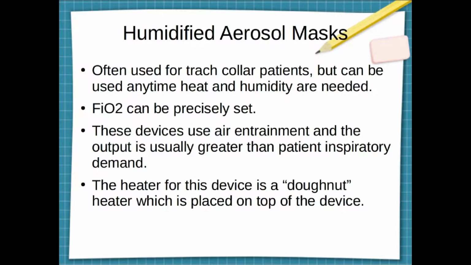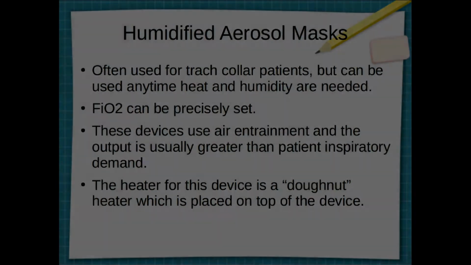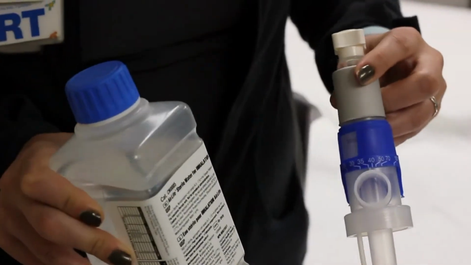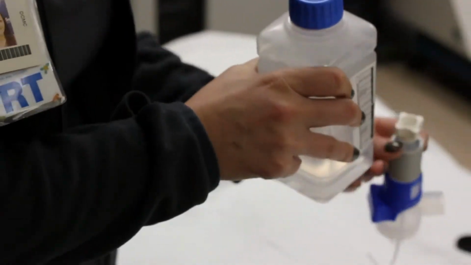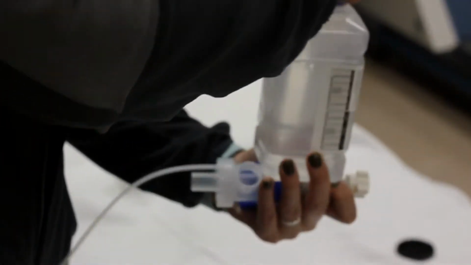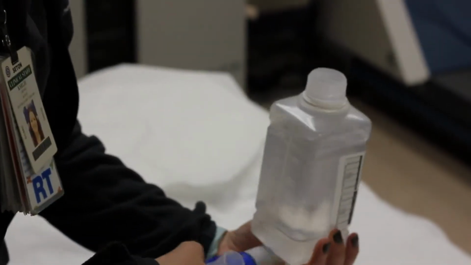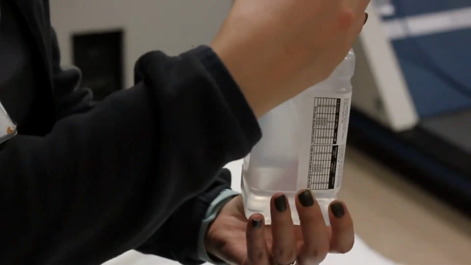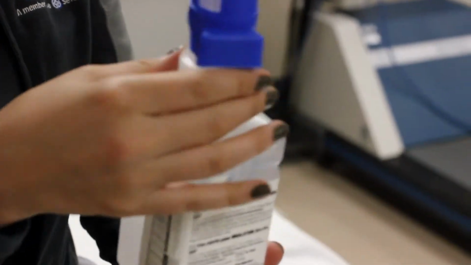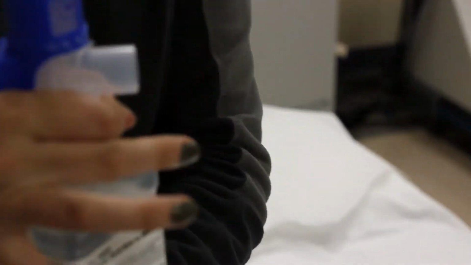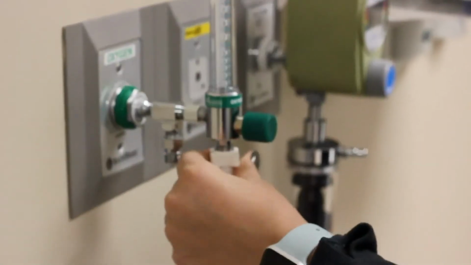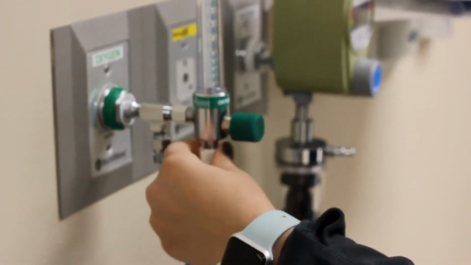One of the more common high flow aerosol devices that you'll see here are what we call the trach collars or humidified aerosol masks. The liter flow on these devices is dependent on what your desired FiO2 is. It can deliver between 21 and 100%. It will deliver 21% when it is attached to an air flow meter, and in that particular case, it does not matter what the dial is set to, it will deliver 21%